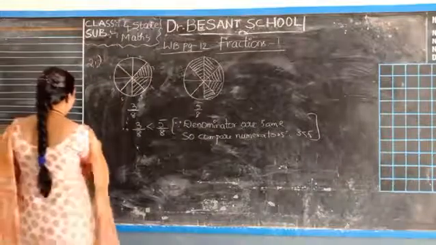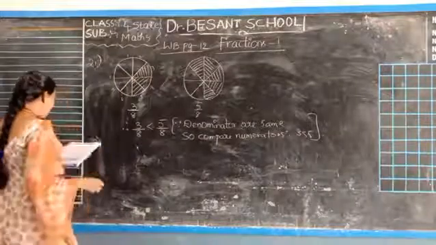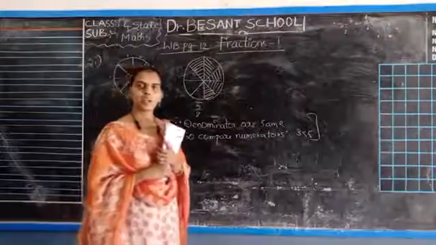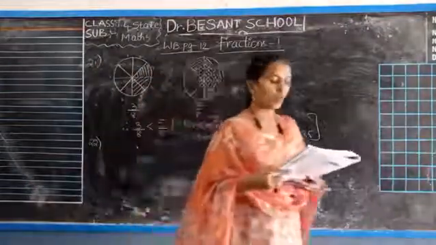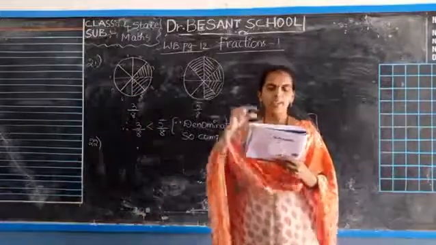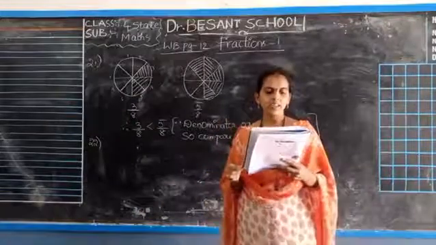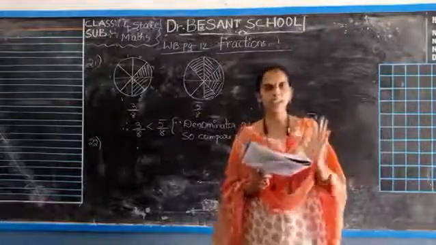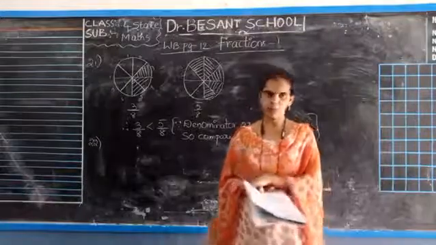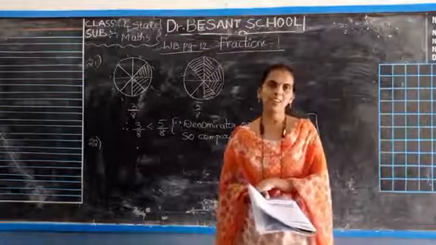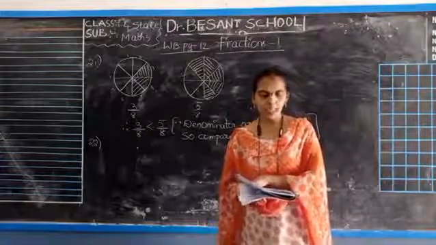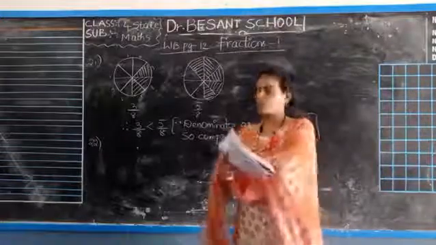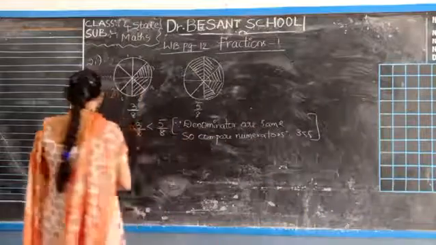Next one. 22nd problem. Arrange the given fractions in ascending and descending order. Here two sets of fractions are given, A set and B set. In A set, we need to arrange in ascending order and descending order. B also arrange in ascending and descending order. Both we have to do. First of all, we should observe the denominators. Here the denominators are same, so we can arrange them in order by comparing the numerators. So let's start writing the arrangement.